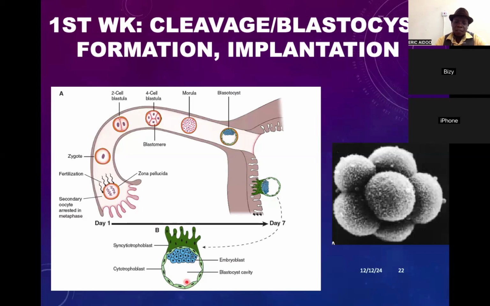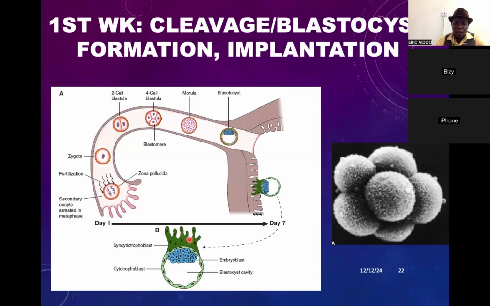The difference between the two is that the cytotrophoblast has individual cells within their own cell membrane. So you can actually count the individual cells. Here you can count 1, 2, 3, 4, 5, 6, 7, 8, 9, and 10 cytotrophoblastic cells. Then the syncytiotrophoblasts are termed